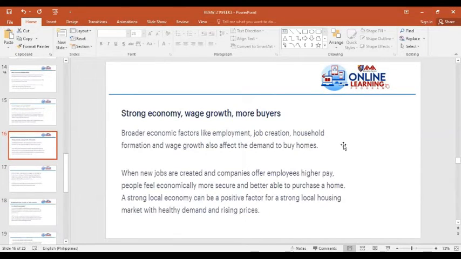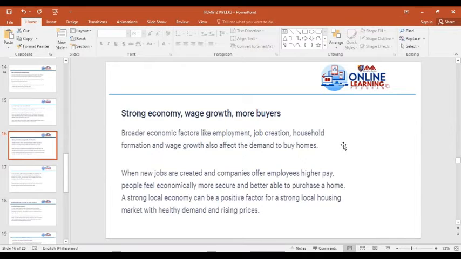Next, we have the strong economy, wage growth, more buyers. So broader economic factors like employment, job creation, household formation, and wage growth also affect the demand to buy homes. When new jobs are created and companies offer employees higher pay, people feel economically more secure and better able to purchase a home. So a strong local economy can be a positive factor for a strong local housing market with healthy demand